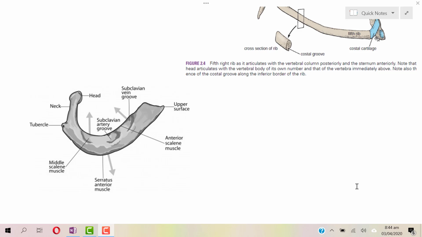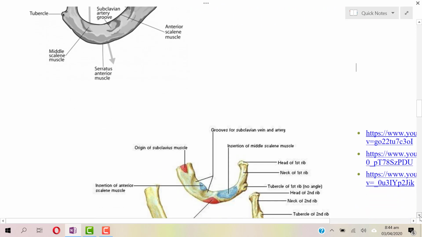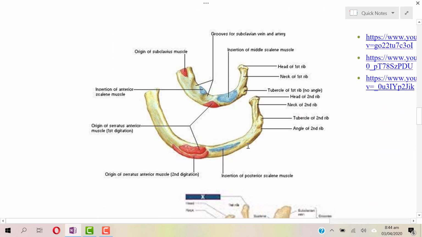Okay, now I will tell you the characteristic features of the second rib. I will show you the second rib also, which is also an atypical rib. Here you can see again the anterior end giving attachment to the subclavius muscle. This is the posterior end, having the head, neck and the tubercle. This is the superior surface, with grooves for the subclavian vein, scalenus anterior muscle, subclavian artery, serratus anterior muscle and scalenus medius